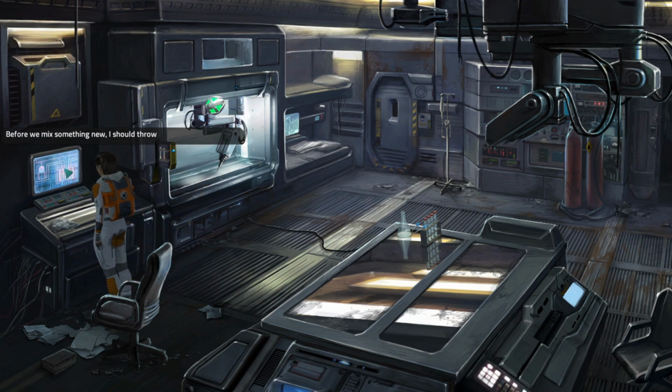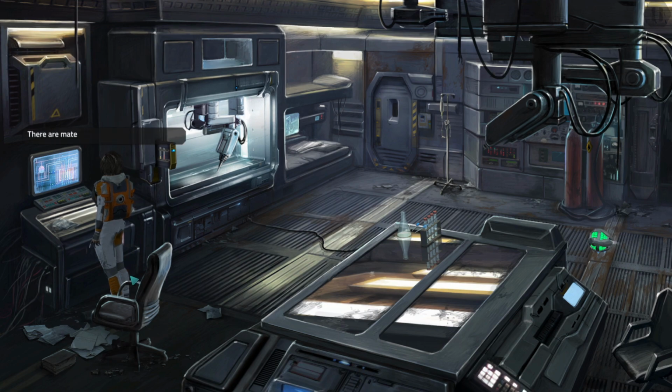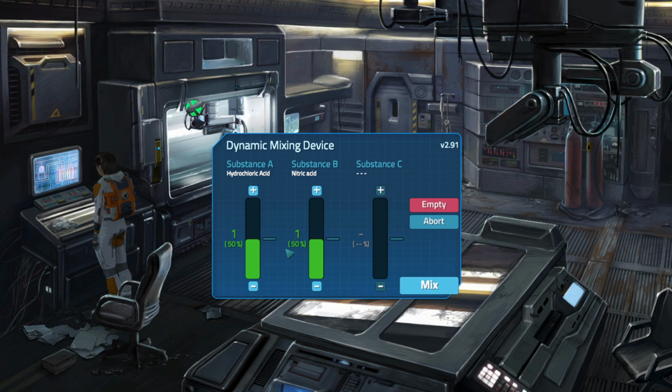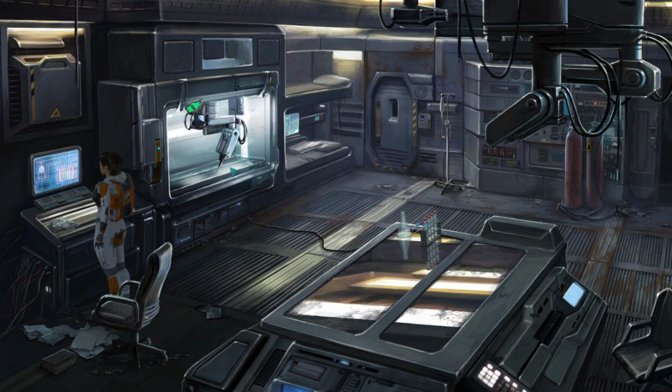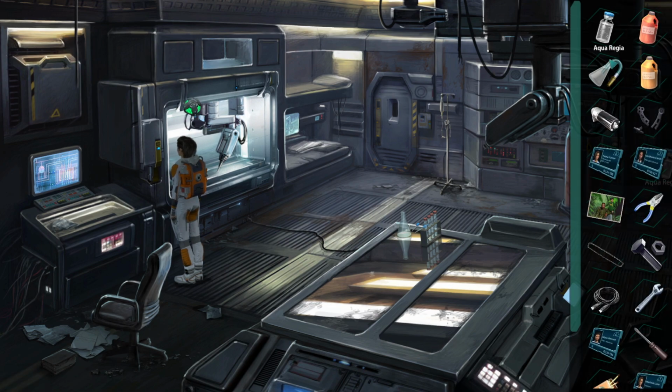Pretty sure. Before we make something new, I should throw away the old mixture. There are materials in the mixer. I'll activate it. Did I do the right ones? Now this should be Aqua Regia. Okay. Now,